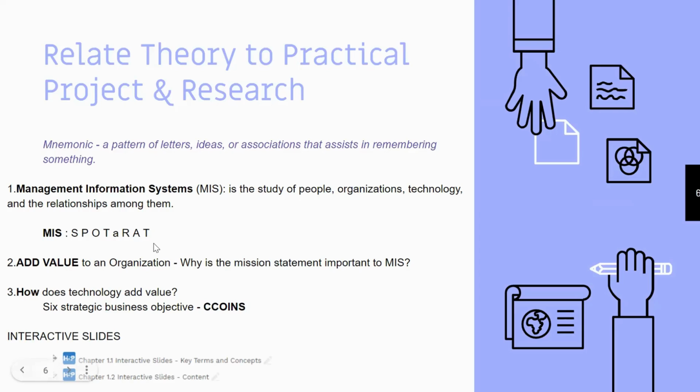At the end of the course, you need to know what MIS is. Otherwise, you would be telling me that I wasted my time. And I don't believe you're that kind of student, right? So like I said, it adds value to an organization. And in adding value, we might look at financial value, or we might look at the values in terms of the mission, the vision, and the overall objectives of organizations, because every organization might not be a for-profit. Some of them might be non-profit or volunteer organizations.